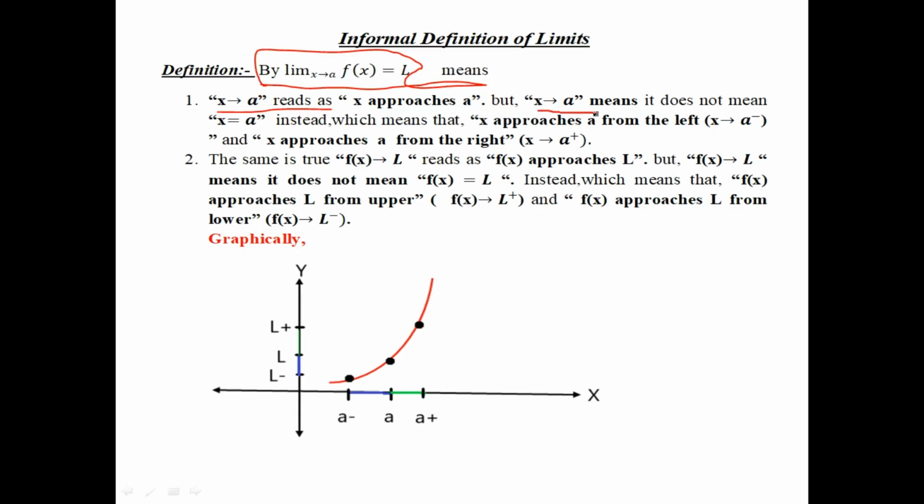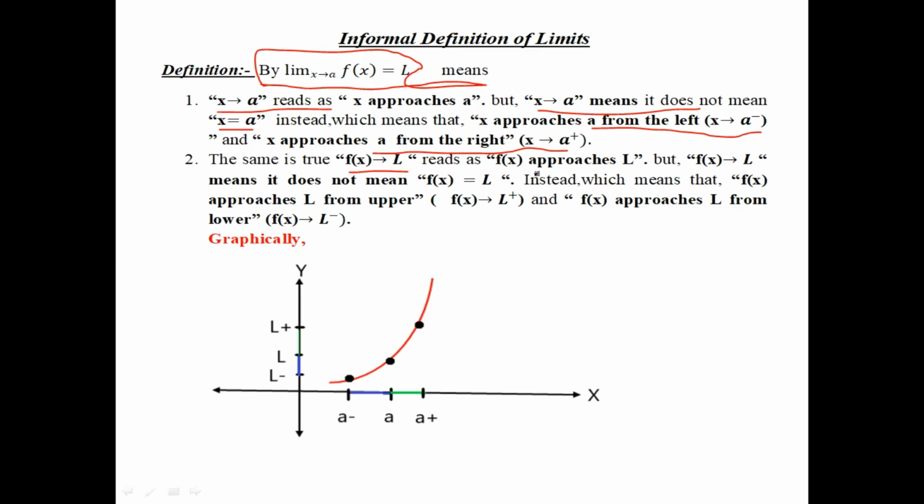x approaches a does not mean x equals a. Instead, it means that x approaches a from the left, which is denoted by this one, and x approaches a from the right, which is denoted by this. The same is true for f of x, the given function approaches L,